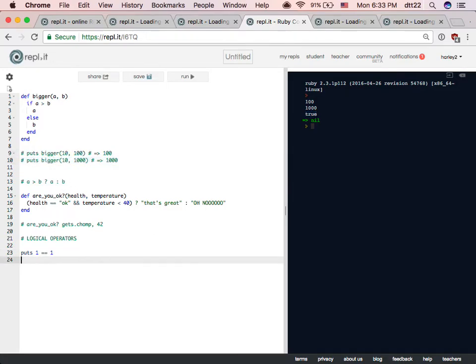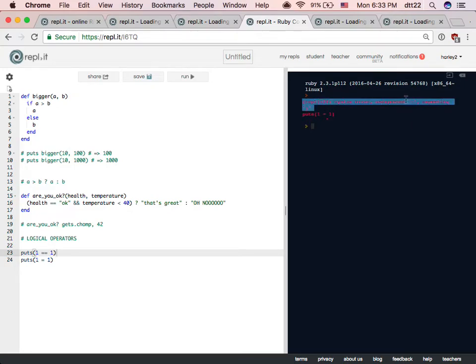All right. So what about 1 equal 1? That makes no sense, no? You cannot do this equal to a number. What happens there? It will say unexpected.